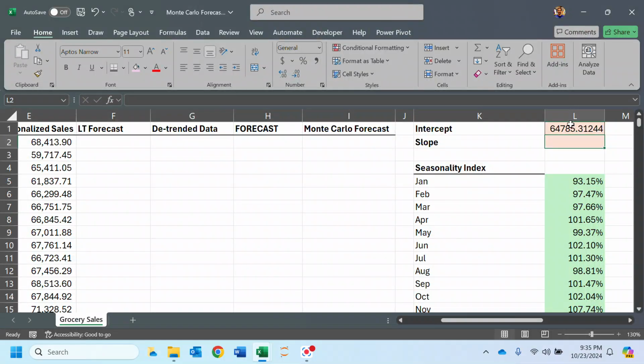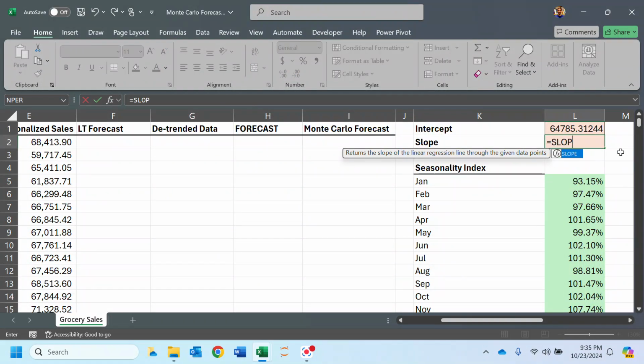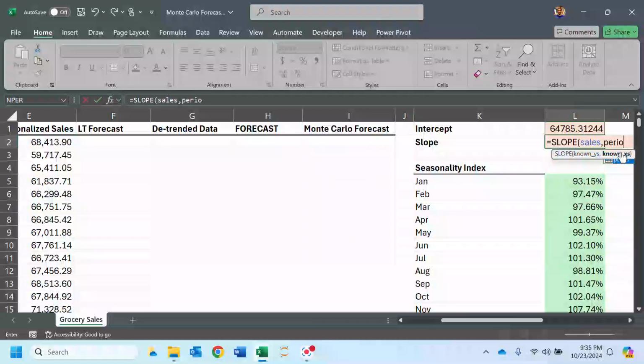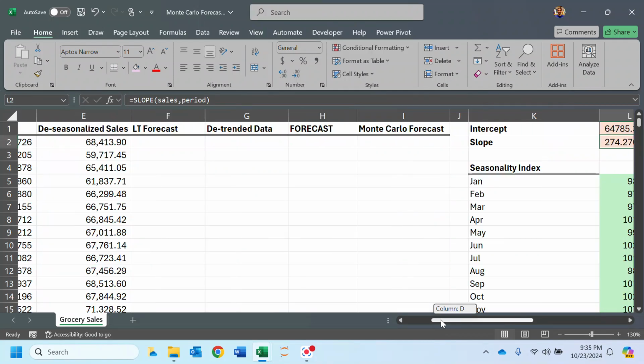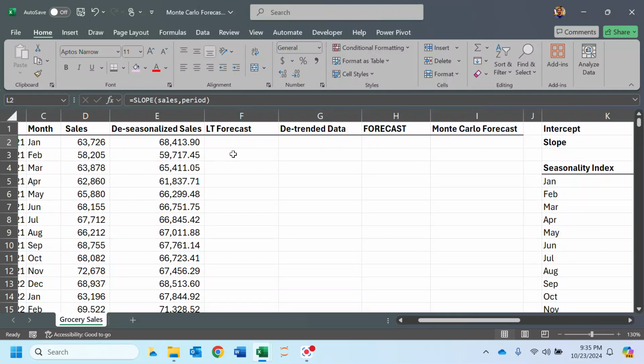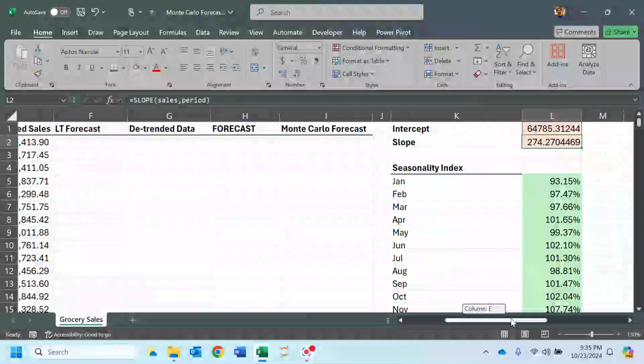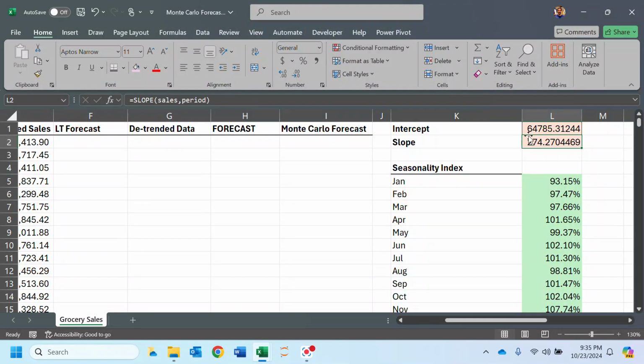And that's the intercept. The slope is going to be the same thing: the y's are the sales, and then the period. That is 274. So now this deseasonalized data has an intercept of 64,785 and a slope of